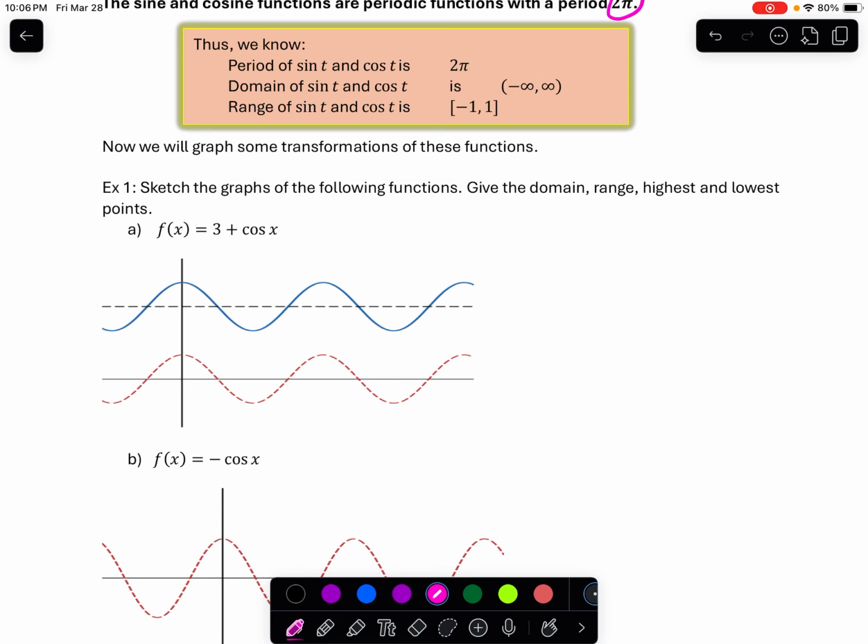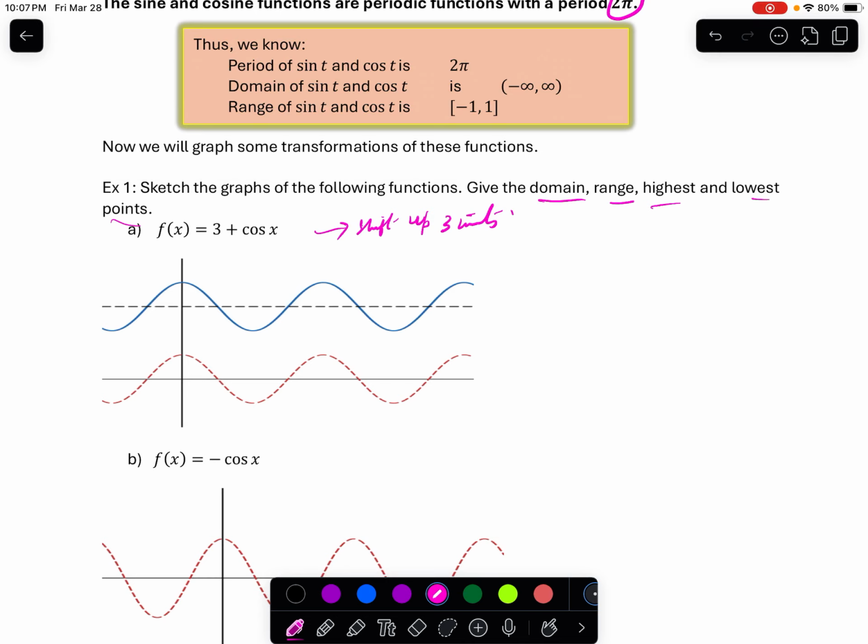So first, let's sketch the graph of the following functions. Give the domain, range, highest and lowest points. Okay. So the first function I have here is cosine of x plus 3, or 3 plus cosine x. So you know from section 2.6 what transformation is being used here. Shift up 3 units. So what you have to do is graph the cosine function and then shift it up